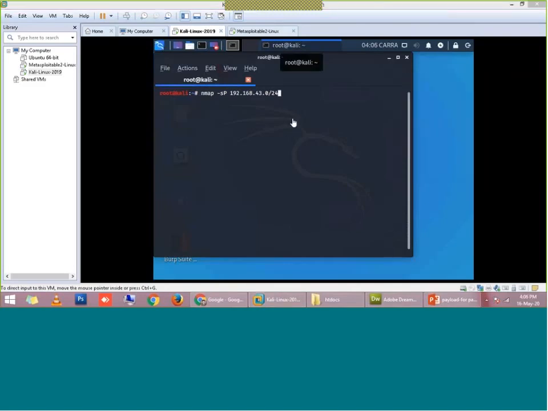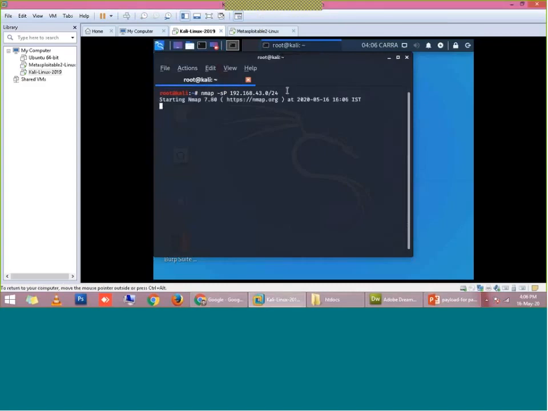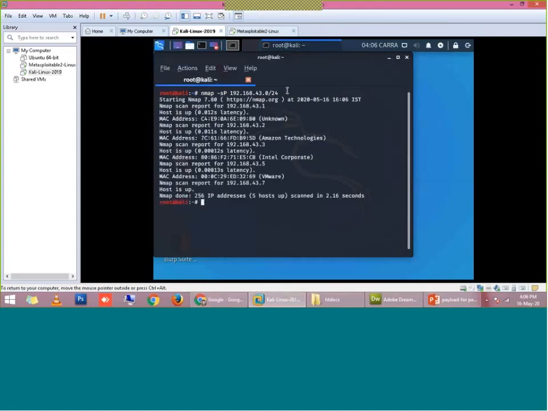So it will scan all 255 machines. It will also scan the gateway, right? So when I click and hit enter, it will start scanning throughout the subnet, right? And in the complete subnet, it will scan what are the systems or machines which are currently powered on, and if a machine is powered off, it definitely is not going to be detected, right?